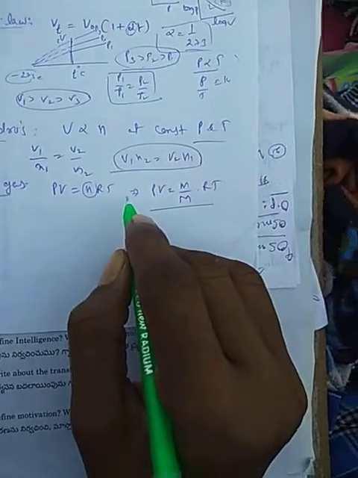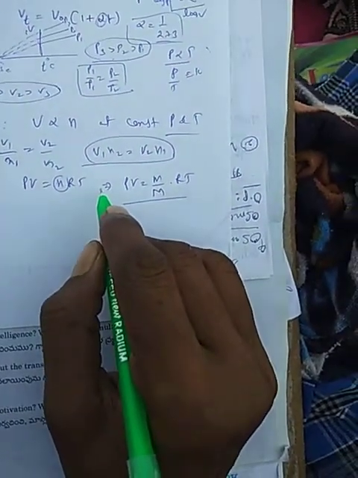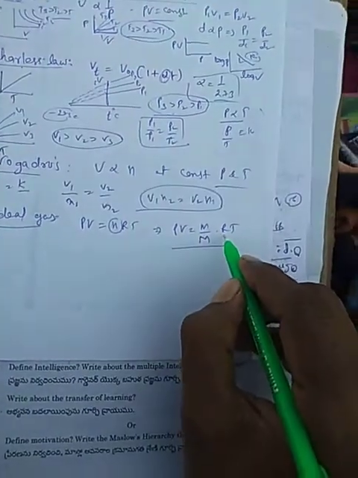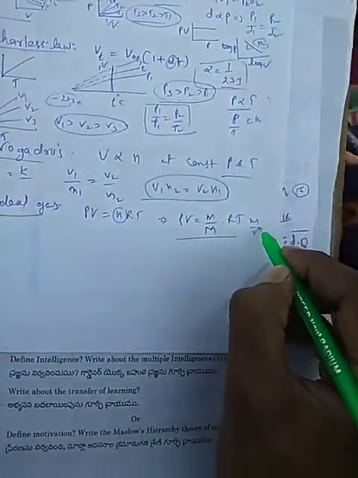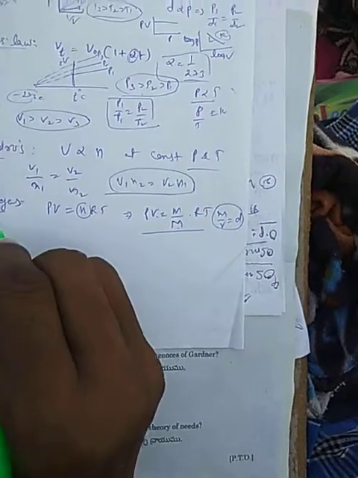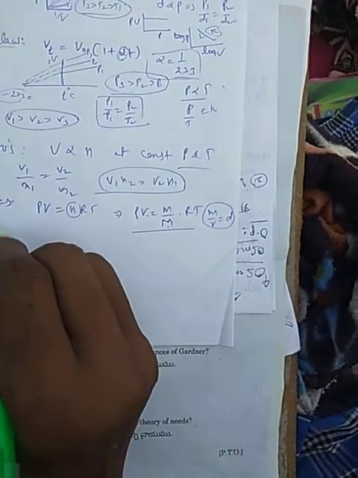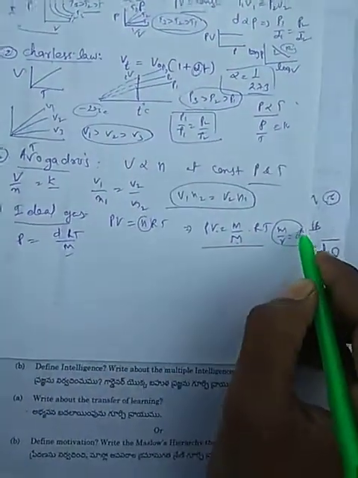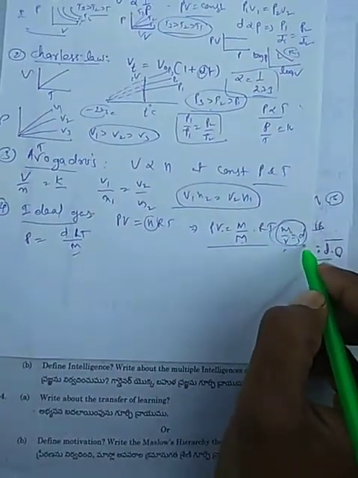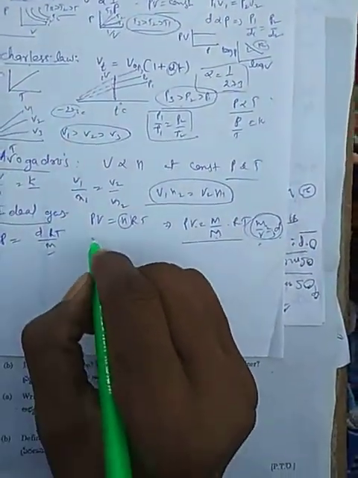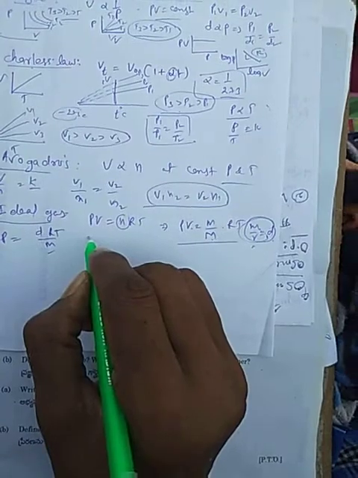Also, here M by V we can write as D, so P is equal to dRT/M. From this equation, mass by volume is equal to density. Now for a change in volume, pressure and temperature,